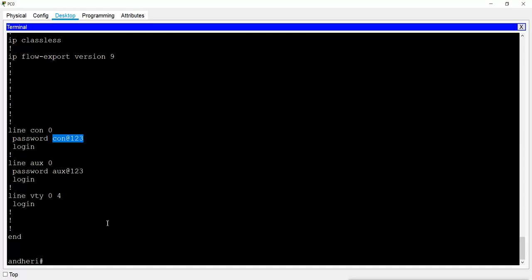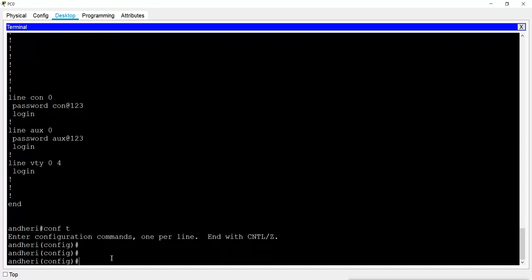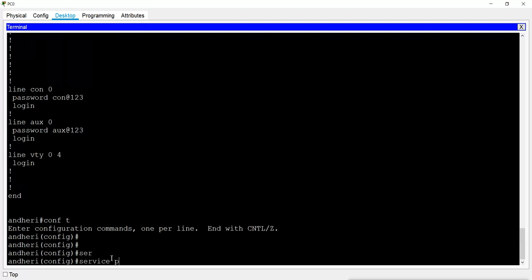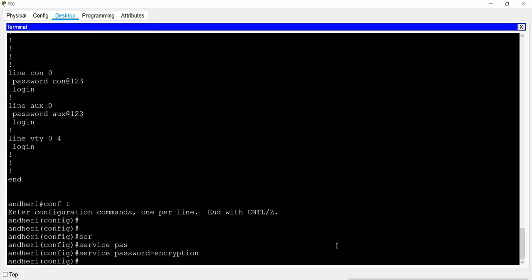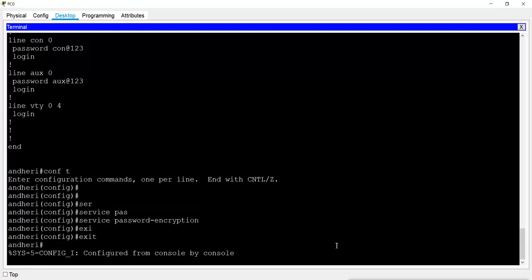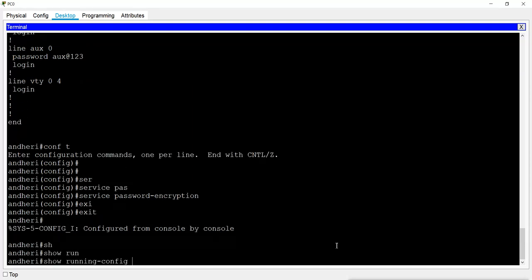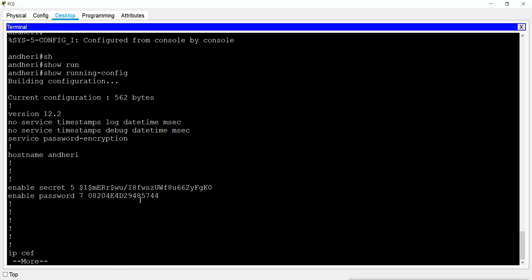Now let's see how we can do this. We can go to the configuration mode, and then we can do what? We can configure the service password encryption command. When you run this command, it will do what? It will encrypt all the other passwords which we have. That means now when you see the show running config command, you can see the secret one was already hashed, it was secured, but now this normal password is encrypted.